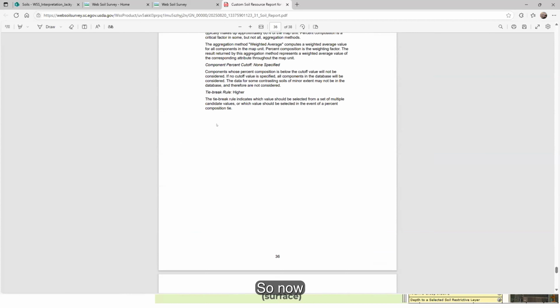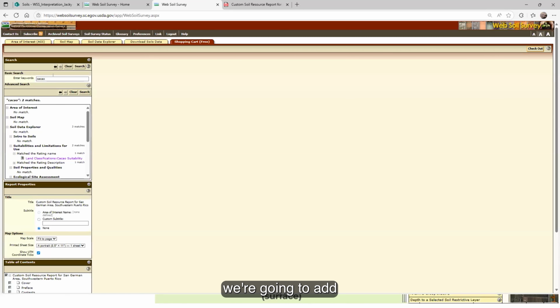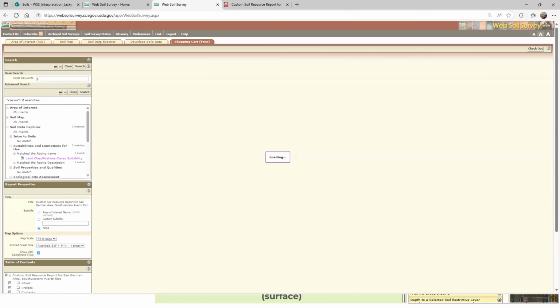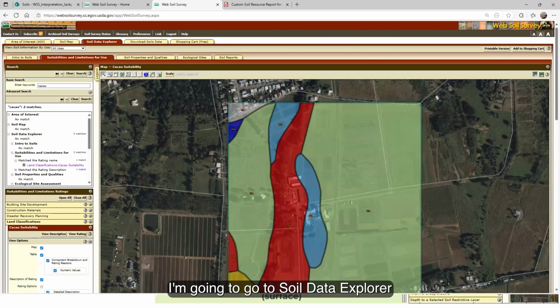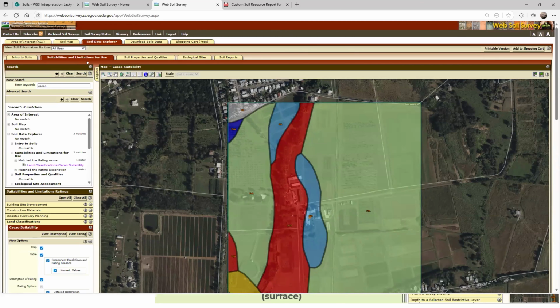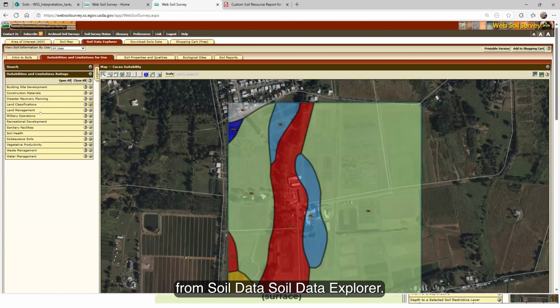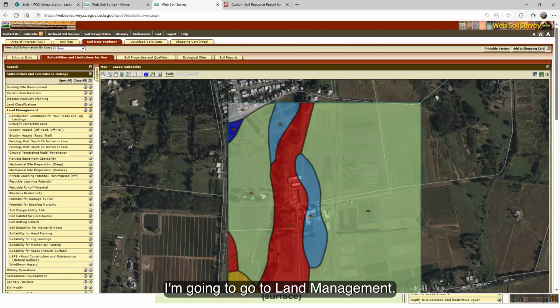So now, to save time, okay, let's add the report on plantains. Let's do it the other way. I'm going to go to Soil Data Explorer, and from there, I'm going to go to Land Management.